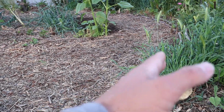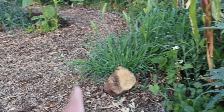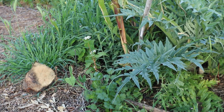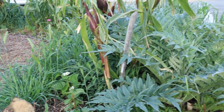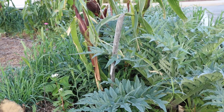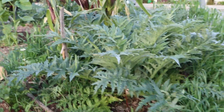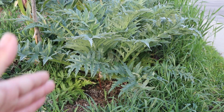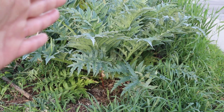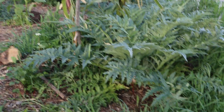So we have this nice curved path down there, and then in front we have this big wide row where we layer different plants, and this is giving it more of a cottage feel but with vegetables. And in the middle we have this row of artichokes, and then behind the artichokes we have corn. And in front of the artichokes we have ornamental wheat and other